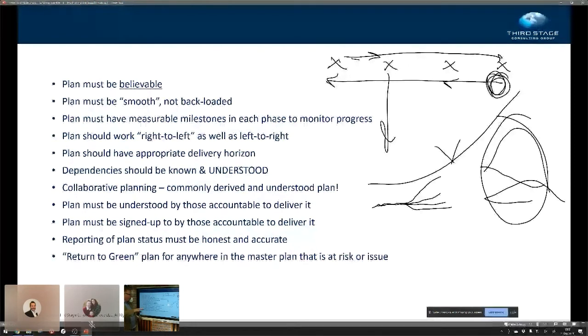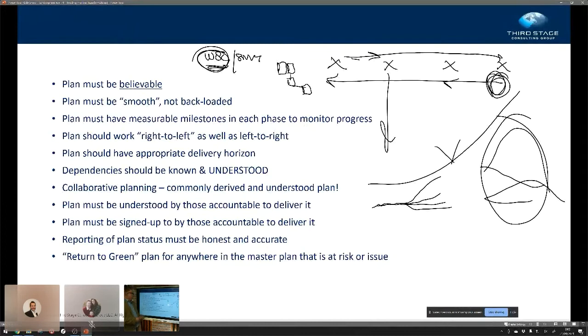Commonly, collaborative planning. It's absolutely vital that all the work stream leaders, all of the senior management team are involved in and commit to the plan. They are in the meeting that's having the post-it notes stuck on the whiteboard. It is absolutely no good to get a PMO, which I've seen, to go and write the plan for the people who are going to be accountable and then give it to them. That is no good at all. These people are going to be delivering it. They need to own their plan and they need to be accountable for it.